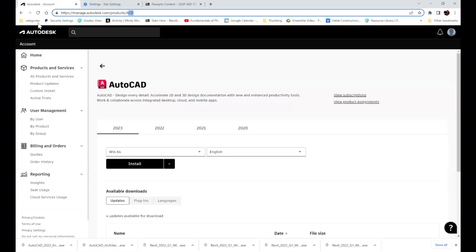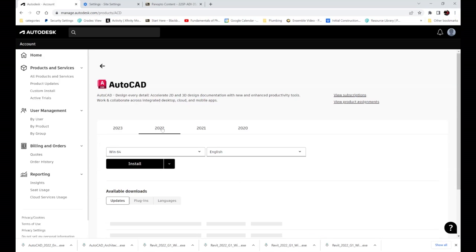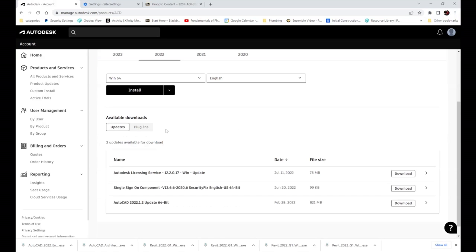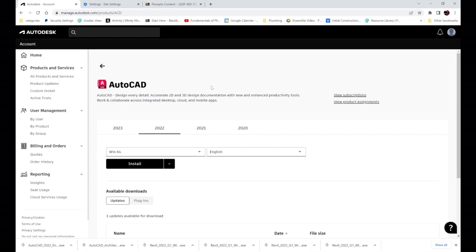Okay, let's make believe that you were all successful in downloading the install files for Autodesk's AutoCAD version 2022 and Revit Architecture version 2022. So if you've done so,